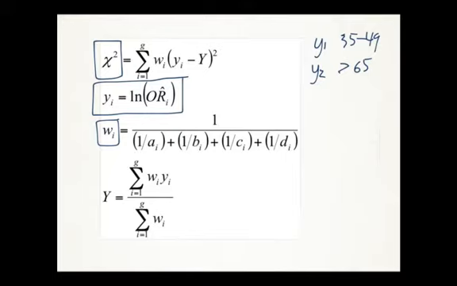So when we take 1 over the variance, we're giving more weight to the estimates with lower variance. So higher weight to lower variance. If we have lower variance, that means we're more sure of our estimate because we have a larger sample size, for example. So if we have low variance, we want to give those estimates high weight because we're very sure